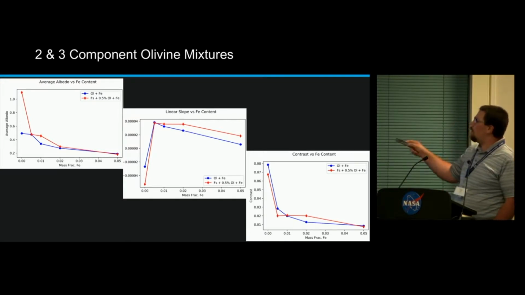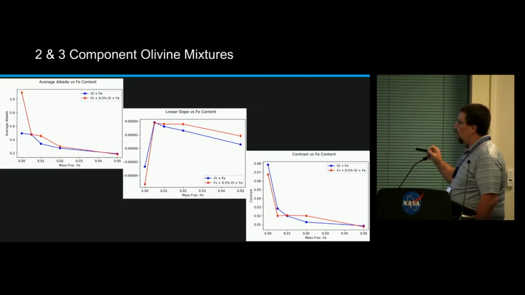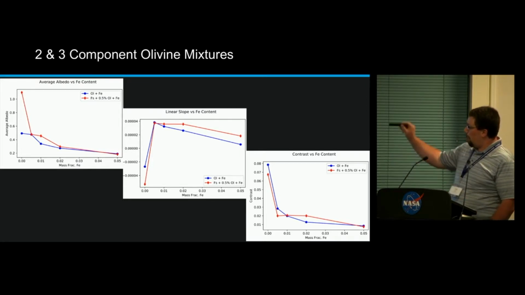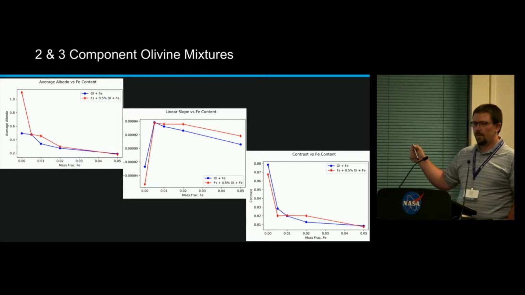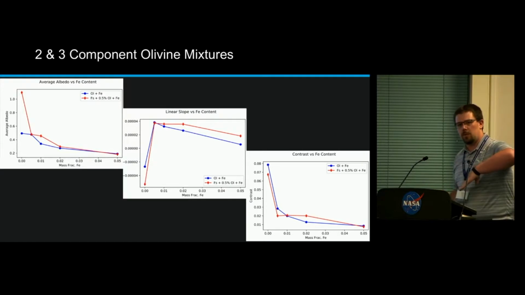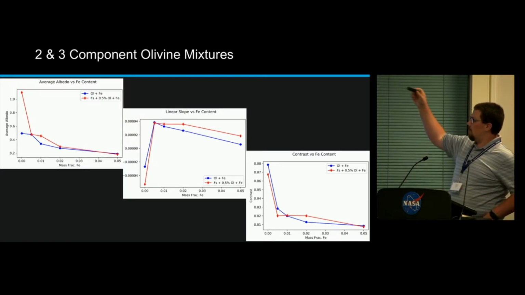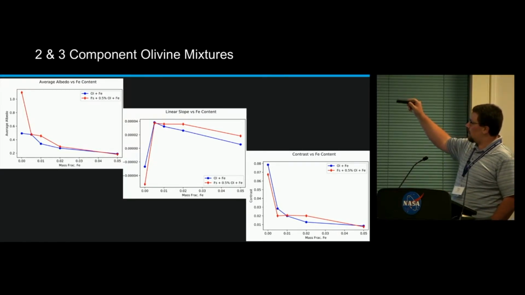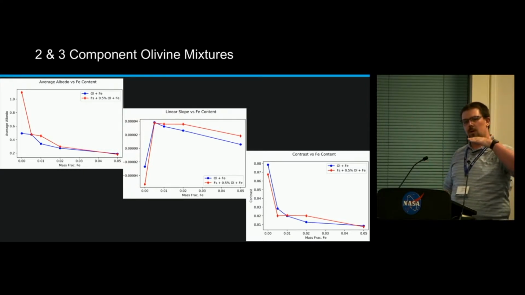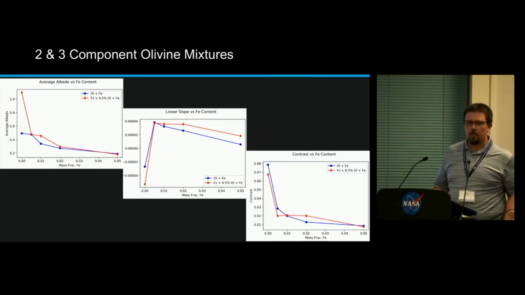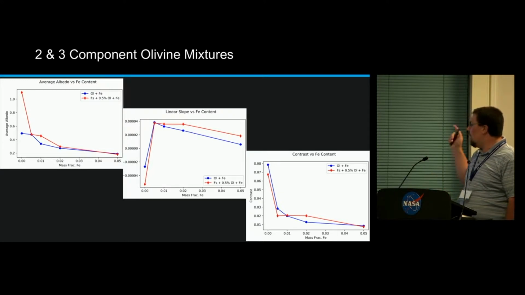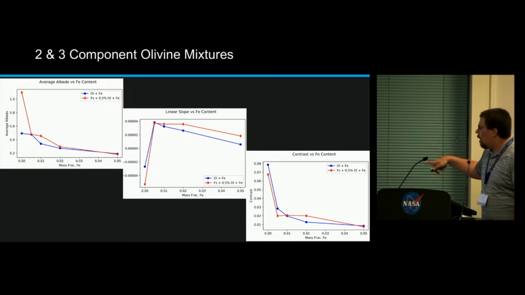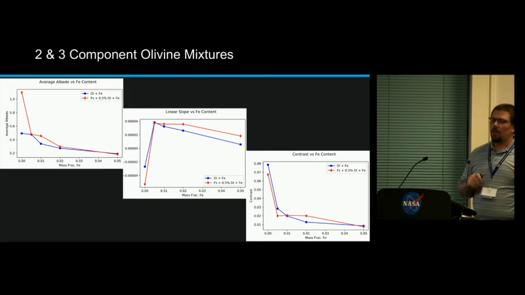The slope shows a more interesting trend, where we see it go from actually blue in both of these samples, meaning the linear fit was tilted down towards longer wavelengths, to a big jump to a red slope, and then it starts decreasing as you add more iron and it gets darker and flatter just because you're approaching the spectrum of iron. My contrast parameter looks an awful lot like albedo, conceptually, where you see this same kind of maybe logarithmic decrease in